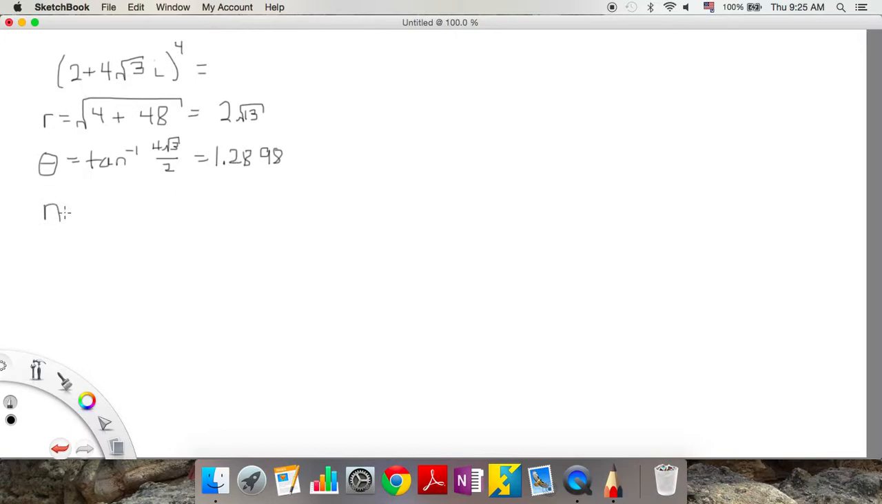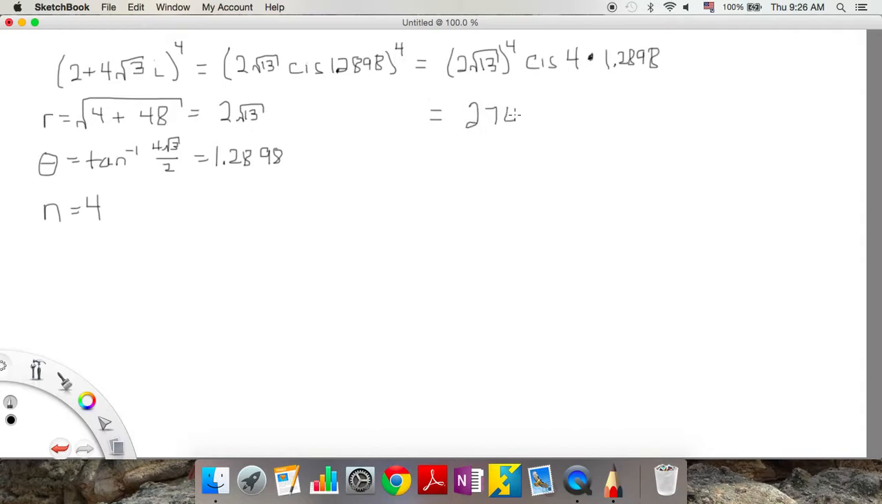Now our power here is our n, and that's 4. So what we're trying to do is raise this complex number to the 4th power. Once we have it in polar form, then we just use de Moivre's theorem. We've got 2 times the square root of 13, to the 4th power, and 4 times our 1.2898 radians. So when we multiply this out, we get 2,704 cis